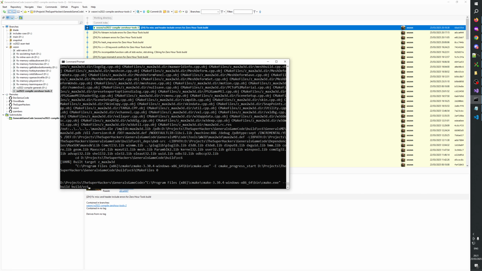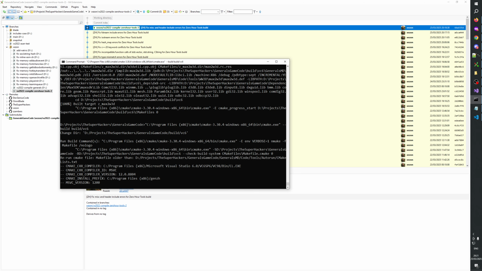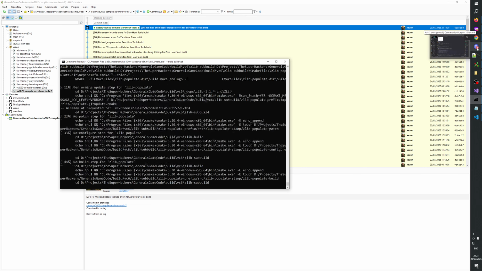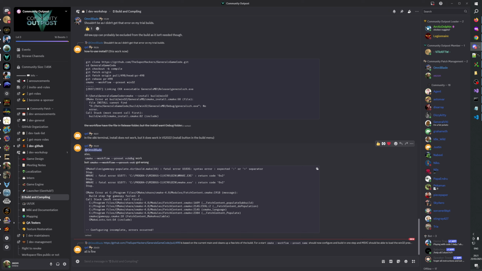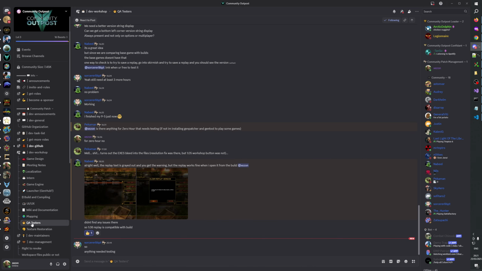Good, then let's see if that still compiles. And then we should probably also build release once, just in case. Anything needs testing? I don't think so. Well,